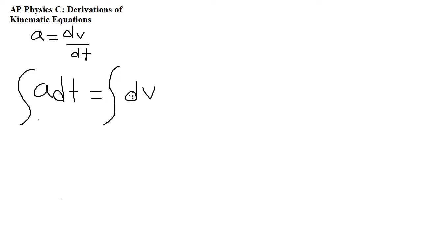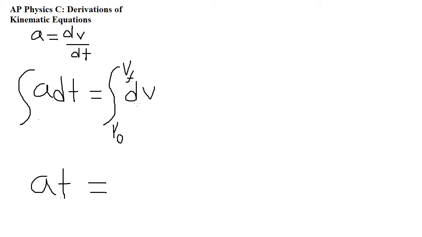And over here, we are going to take the definite integral of this, actually. So we are going to integrate from some initial velocity to some final velocity. So evaluating this integral on the left will give us a times t, because since we're integrating acceleration with respect to time, we're just going to add a linear time term here,